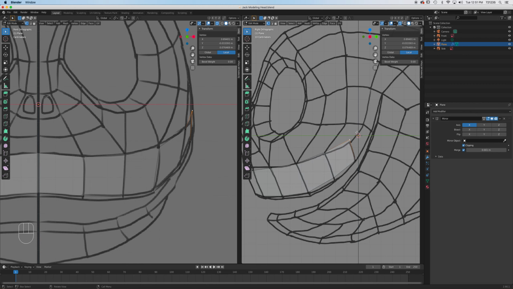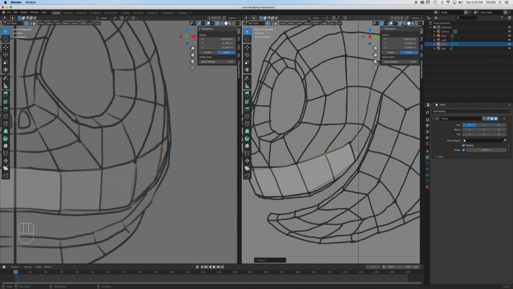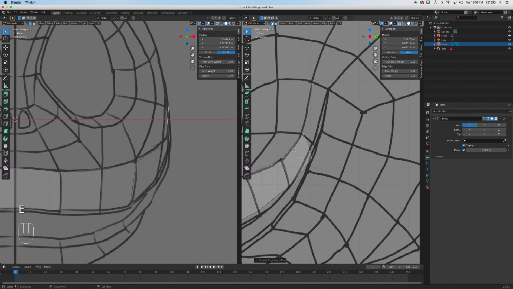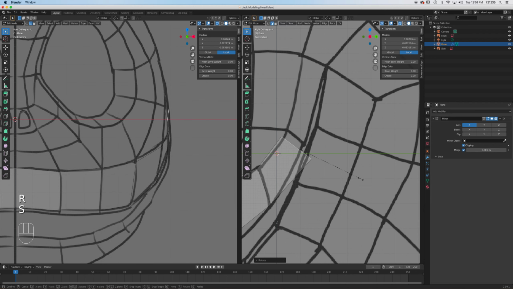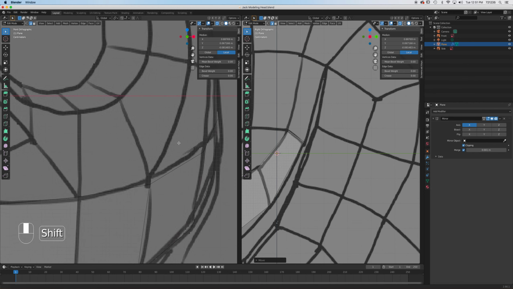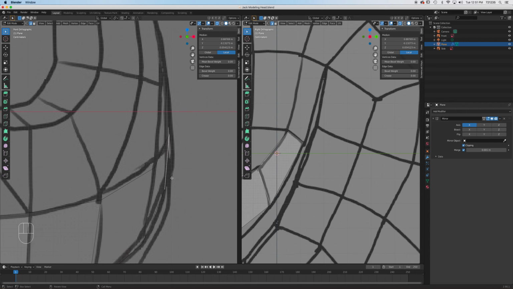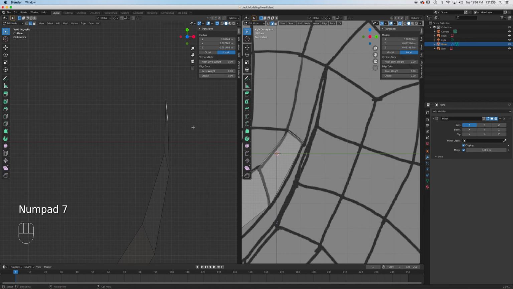Turn on my X-ray. Okay, and then all right there, so you can see my drawing didn't really match, but it's close. Okay, go right here and then extrude. You can do rotation if you want. You can do scale also. That's the same thing as just moving those points. Okay. Here it's getting a little bit difficult to kind of comprehend what's going on because it went up and it went in. Okay. So if you go here to the top, you could see that it's starting to go